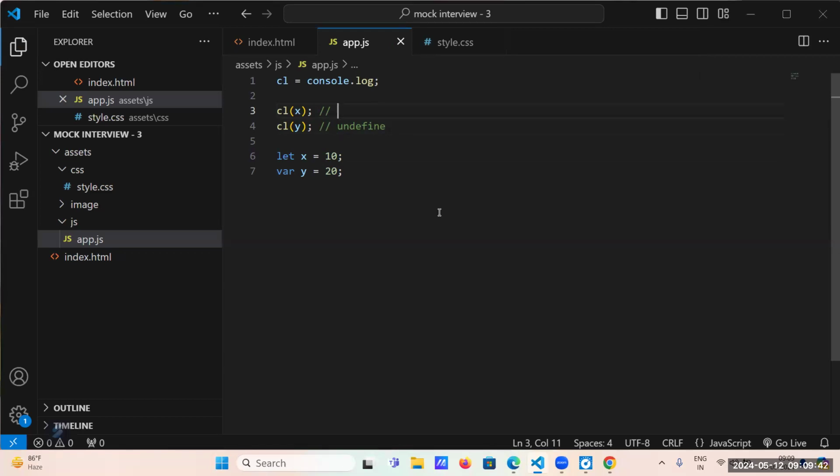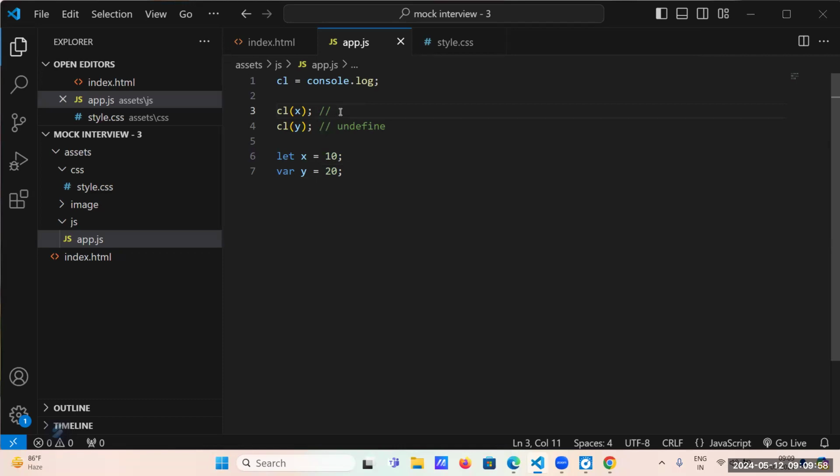Will we get some output or error at line number 3? We get an error. We cannot use it before initialization.